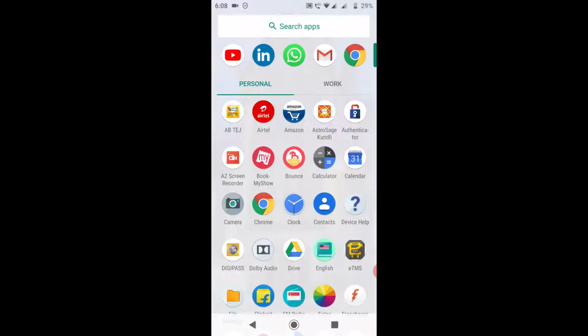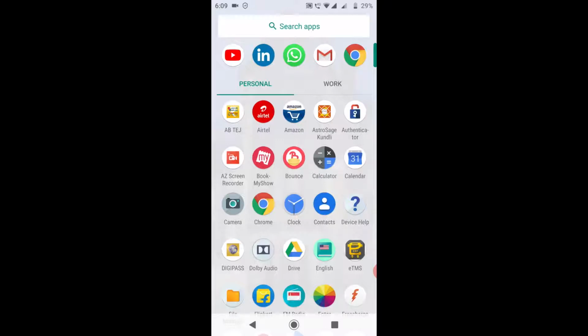It doesn't depend on the application. You can have any application, either Gmail or Outlook, installed in your mobile phone, and you can configure it in a similar way. But today I'm going to show you in Gmail how to configure your email IDs.